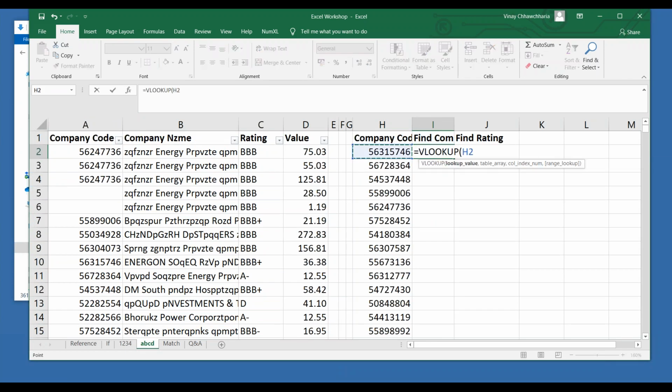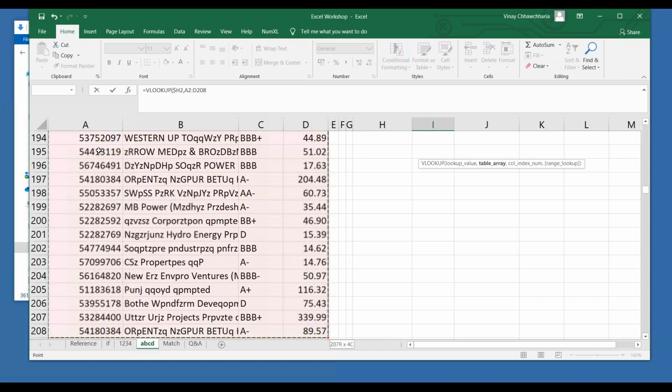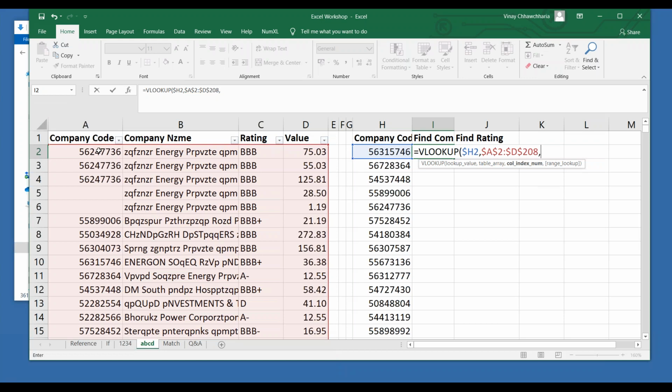Equal to VLOOKUP, freezing the column part. F4, freezing this, comma. Now here I want to write 2, right? Now if I write 2, that should be perfectly fine. But I want that 2 should change dynamically to 3, right?